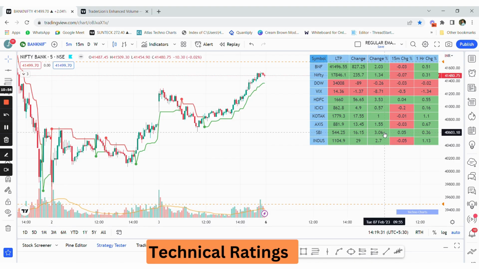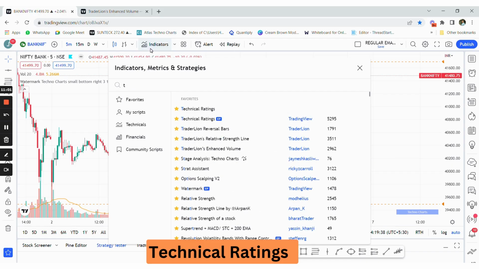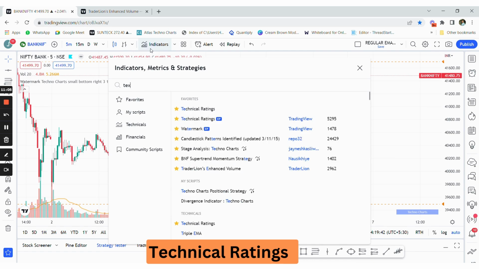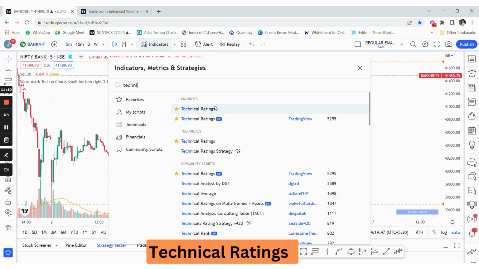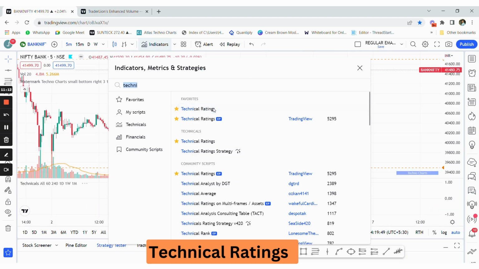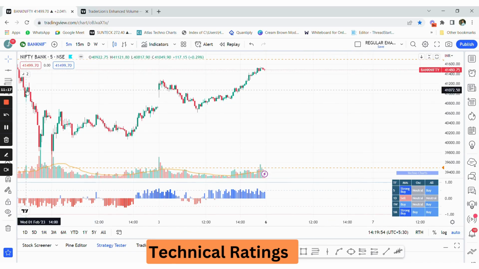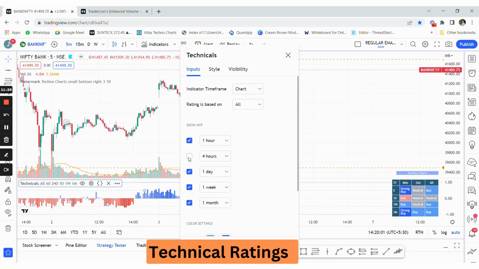The fifth indicator that I'm going to talk about basically is the technicals rating indicator. So I'm going to type in the indicator section technical rating here. So if I type the technical ratings here, we can see technical ratings here and just click on that basically. So if you click on the technical ratings indicator, go to the settings section here and just change the settings, let's say to 1 hour 4 hour, and if you want 1 day time frame